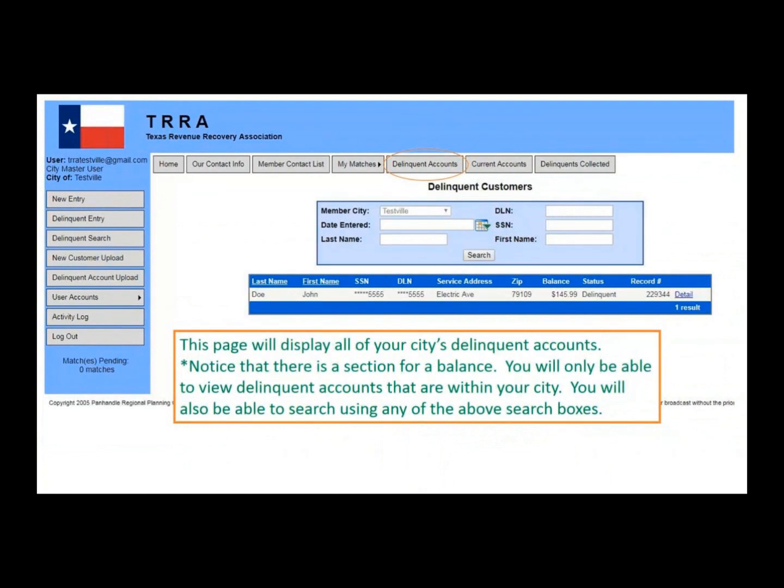So this is what it would look like. As you can see, for Testville, we only have the one account. But if you have multiple delinquent accounts in your city, it'll be a list and it'll add rows to this. So under John Doe would be different names.